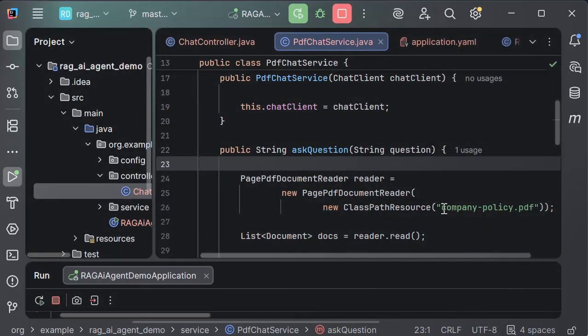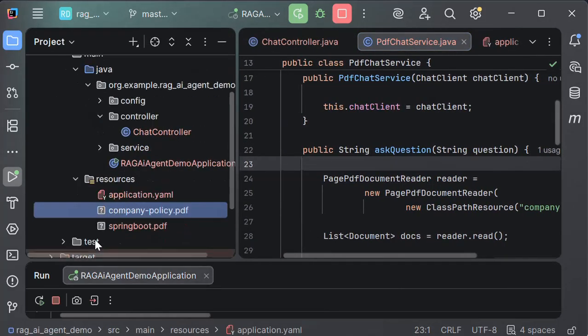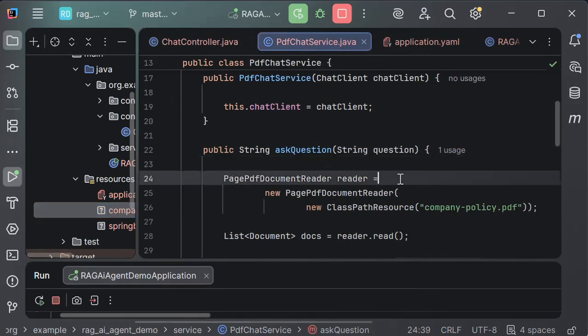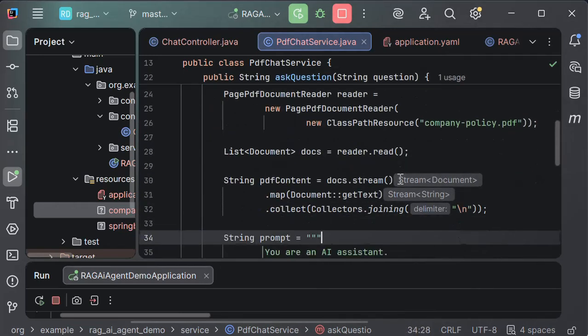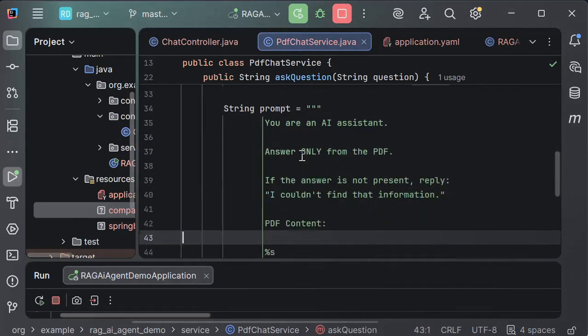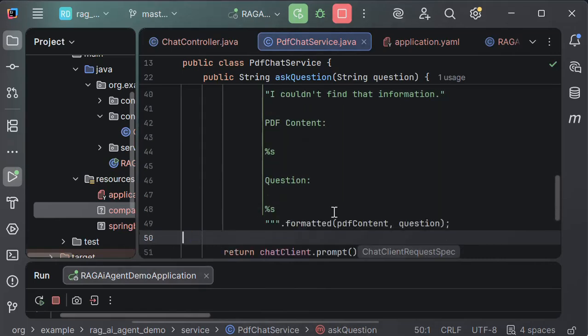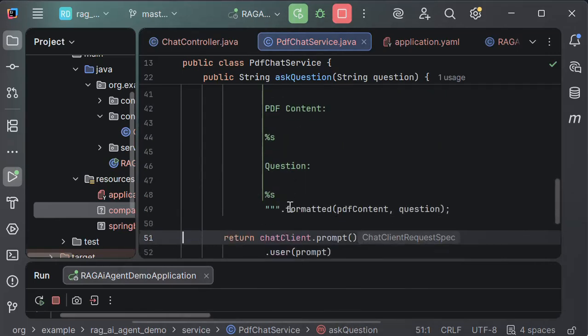It will just read the PDF file. Here I have added the PDF file in our classpath resources. Let me go inside our resources folder. We can see here I have added the company-policy.pdf file. This method first will read the PDF file and store the data. And here I have added the prompt: you are an AI assistant, answer only from the PDF. If the answer is not present, reply I could not find that information. Here it will read the PDF content, and based on our question it will return the response back